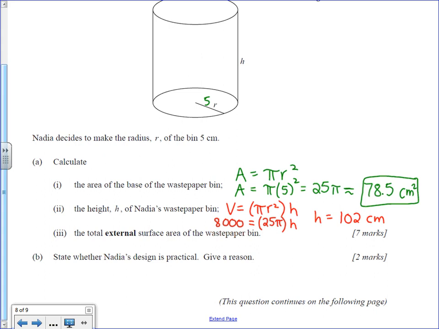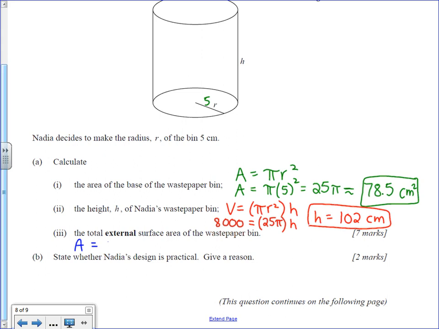102, and this unit is just centimeters, not centimeters squared, because it's just a height. Now calculate the total external surface area of the waste paper bin. So I would look in my formula book for the curved part of the cylinder, and then add the bottom, because there's no top on this thing. I don't need to add a circle for the top, but I want to do the curved area plus 1 circle for the bottom. So the total surface area is going to be